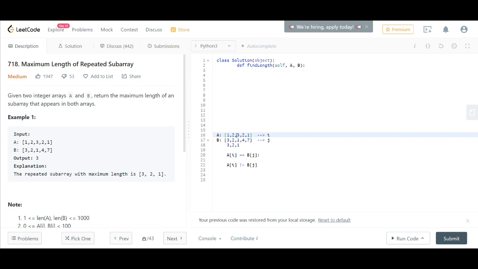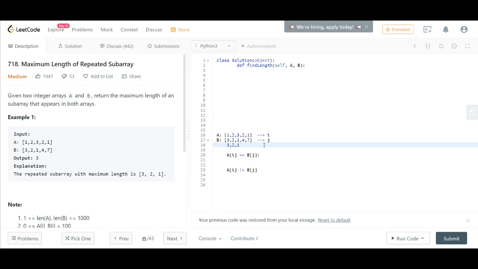If you see here, this is the subarray, right? This is the maximum subarray that is common in both A and B as well. So we are returning the length of this maximum subarray, that is 3. Essentially, what we are trying to do is compare every value of A with every value of B, and store the length of subarrays that we have seen so far. And when I say subarray, it might not be the longest subarray, any subarray as a matter of fact.